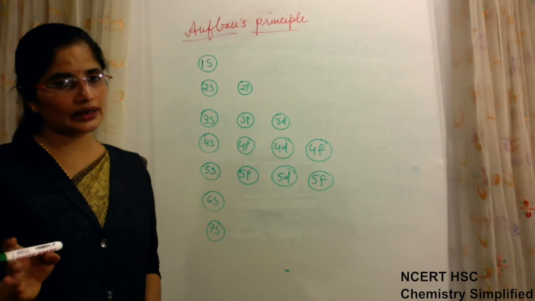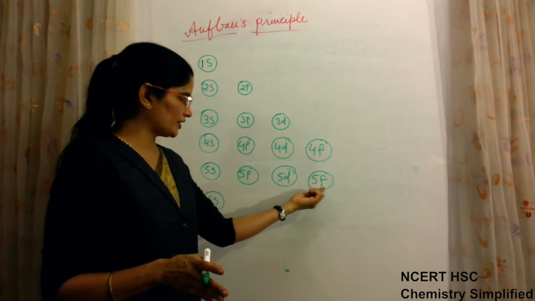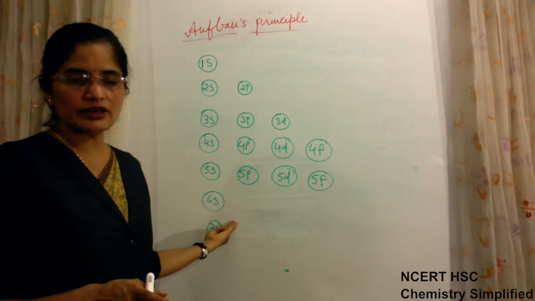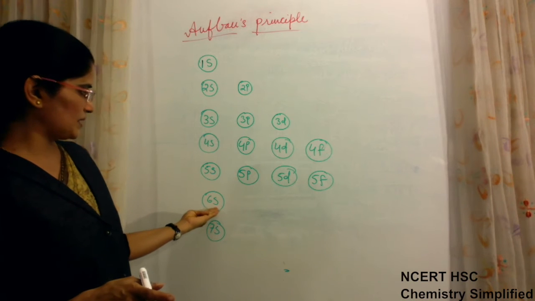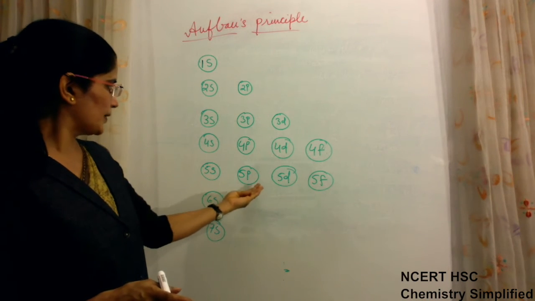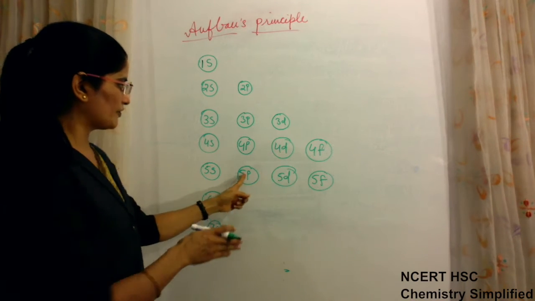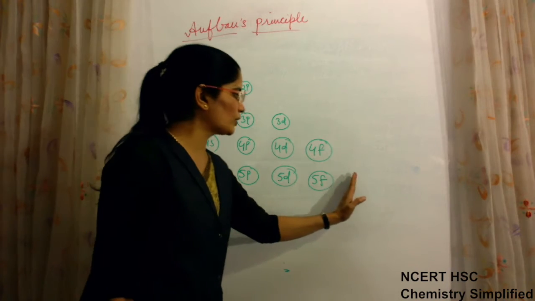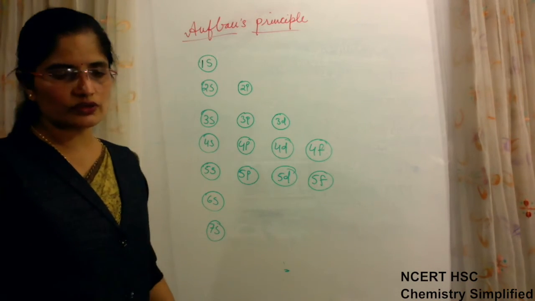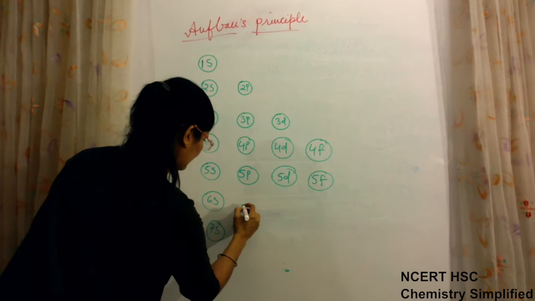Why are they not filled? Now you can understand, because the energy will always come lower. After 5f, the filling of 6s will be before it. We do not even reach 5f: 6 plus s is 0, so 6, and you can see 5 plus p is 1, so 5 plus d. After 5p the electron will go here. So we never require 5g to be filled, so we are not writing it. We will write only up to f for all.